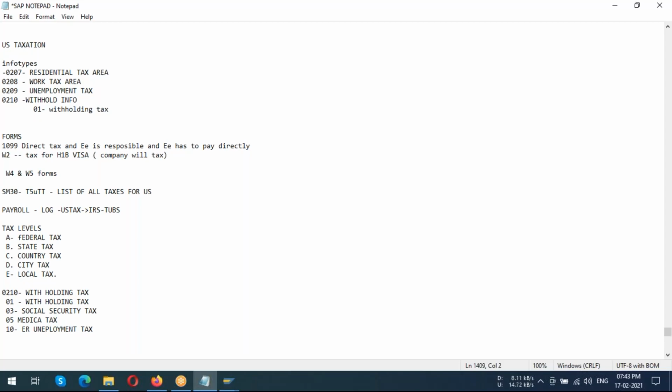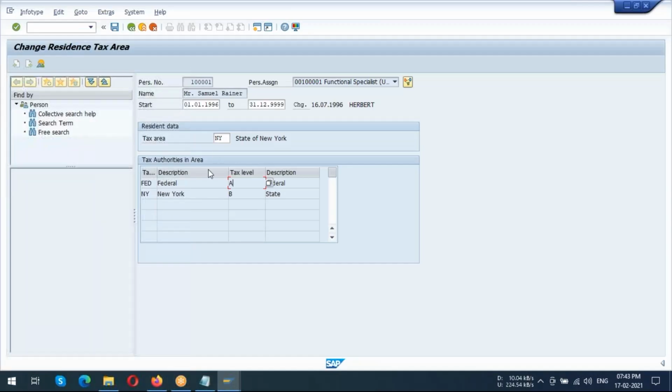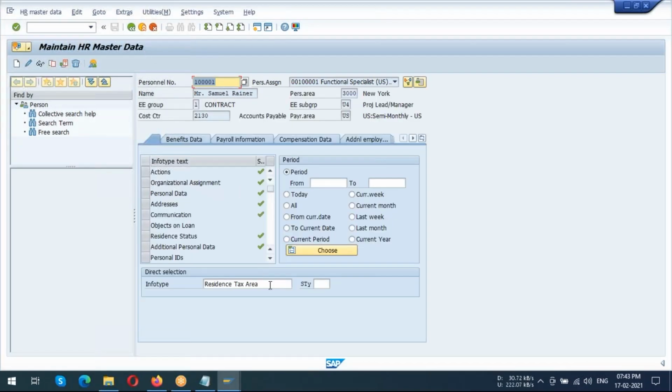Form number 10, employer. Let us change this in the system. When you maintain this, now let us come back. Now maintain 210,